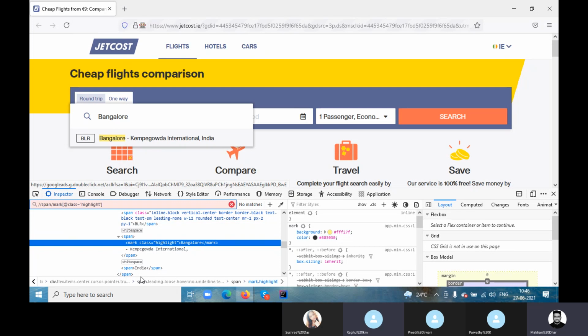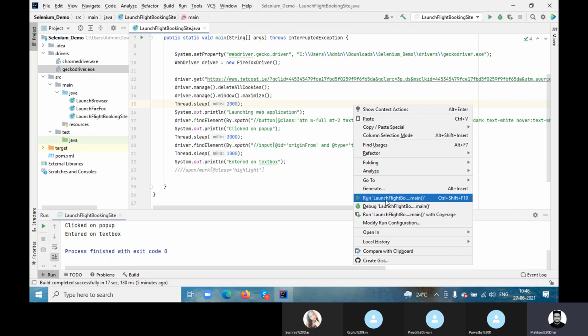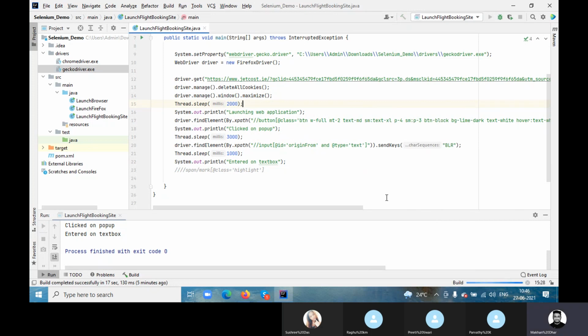Okay, I can make it shared. How it is coming. Yeah, it is coming. Let me take. But one thing, something weird. When I search Bangalore, let me type BLR, right? And BLR, right? BLR. Okay, BLR. Let me try this way because I need to get the suggestion, but it is just pasting the data.